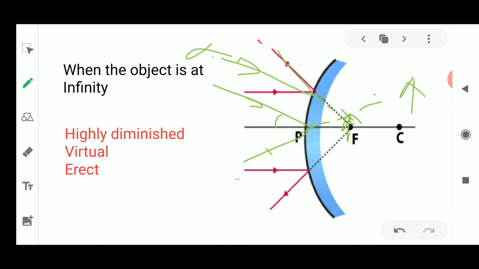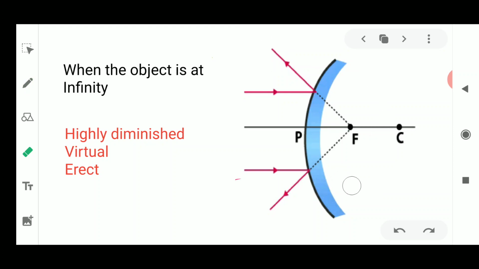As the object is at infinity, it means that it will be a very big object. That is why, from wherever the light is going to come and strike, we never know. Infinity means the object is placed at a very large distance away from the main scenario. It is not present in the diagram. It is away somewhere in space. It is coming from very far away.